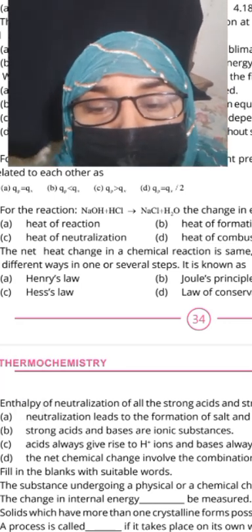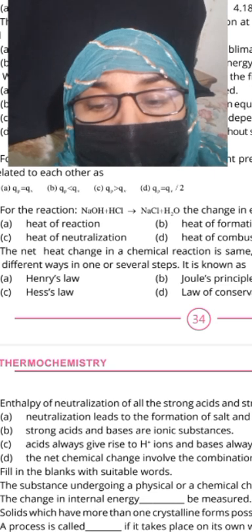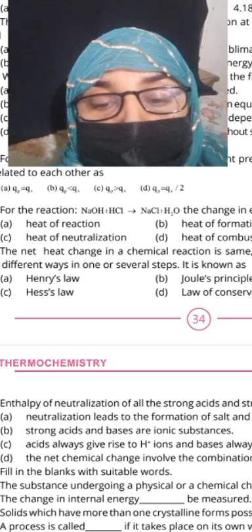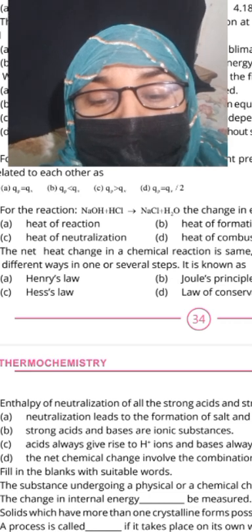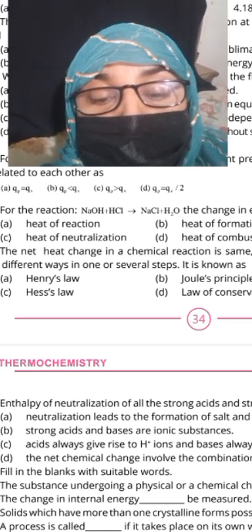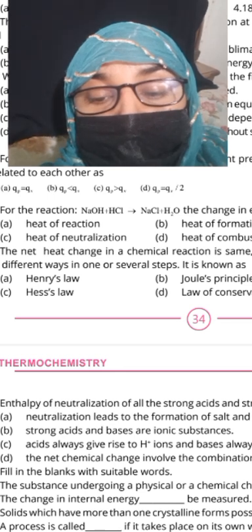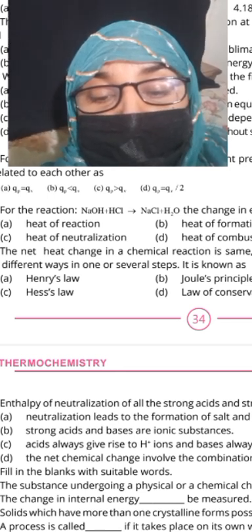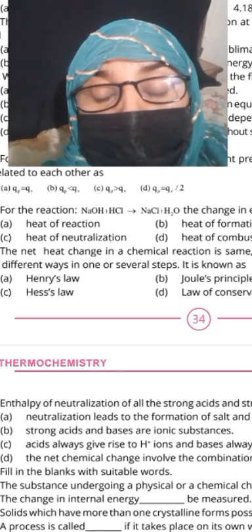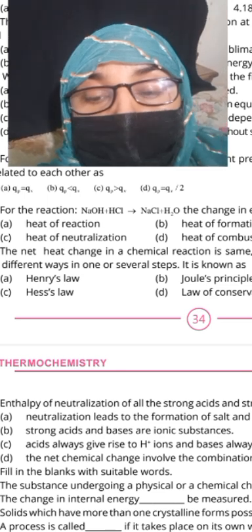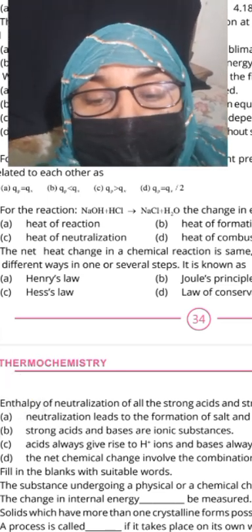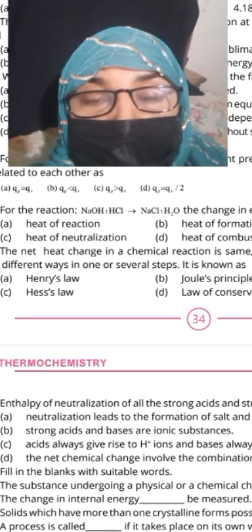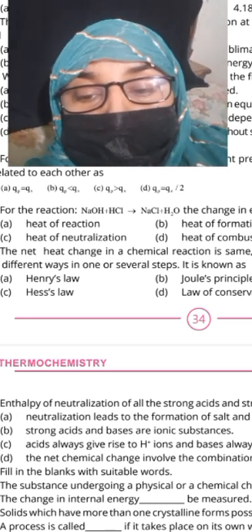And find to filling the in flags in suitable parts the substance understanding is physical is chemical change of the other is the internal energy initial that is which is have to more and is crime forms process is it is one to is called to it is take is space and one and process called and is microprocess property and is the which is and bring in backward other changes